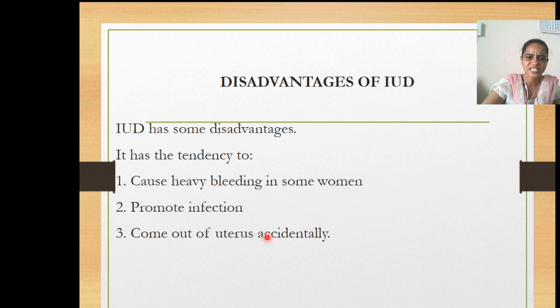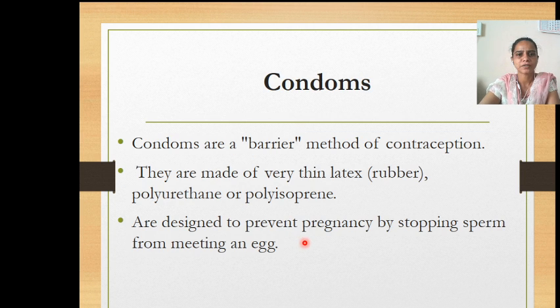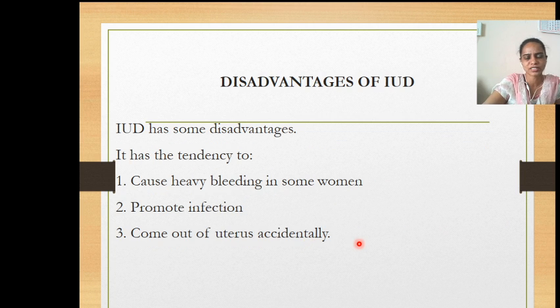In very rare cases, it might come out of the uterus accidentally. And before going to the next barrier method, these IUDs are generally safe, but they have to be inserted by a specialist, like a specialized doctor. On their suggestion, it has to be inserted. And one should be a little careful in the beginning, and then, as I said, it is fit and forget